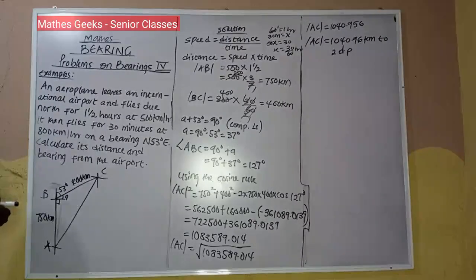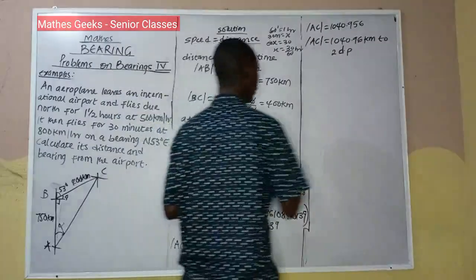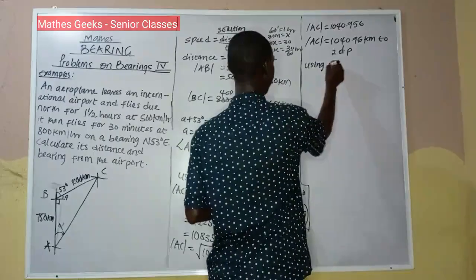And then the next one says, calculate its distance and bearing from the airport. So the bearing from the airport, remember this is the airport where the plane flew from to point B and then from B to C. The bearing from the airport will be from this line. So this line, let's call it alpha. Remember that this angle is known and this side is known. So using the sine rule,